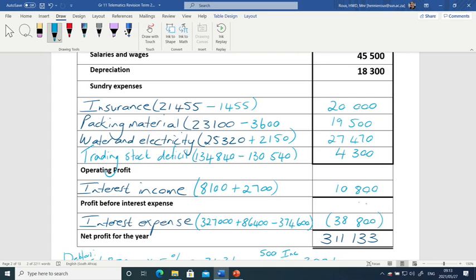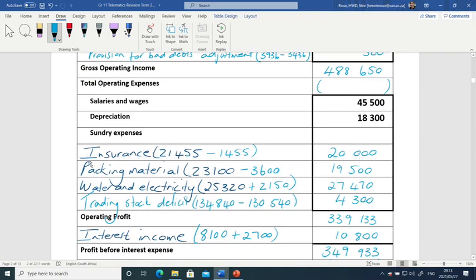311,133 plus 38,800 will give you 349,933. Minus 10,800 will give you 339,133. Obviously, you can check this. 339 plus 10 must give you 349, minus the 38 must give you 311. Now we know that the difference between the 488 and the 339 will be the expenses,